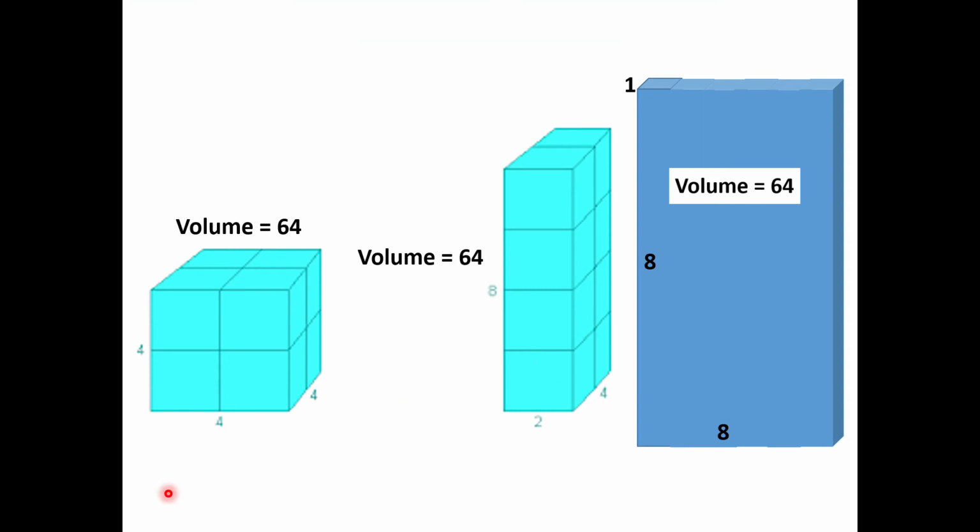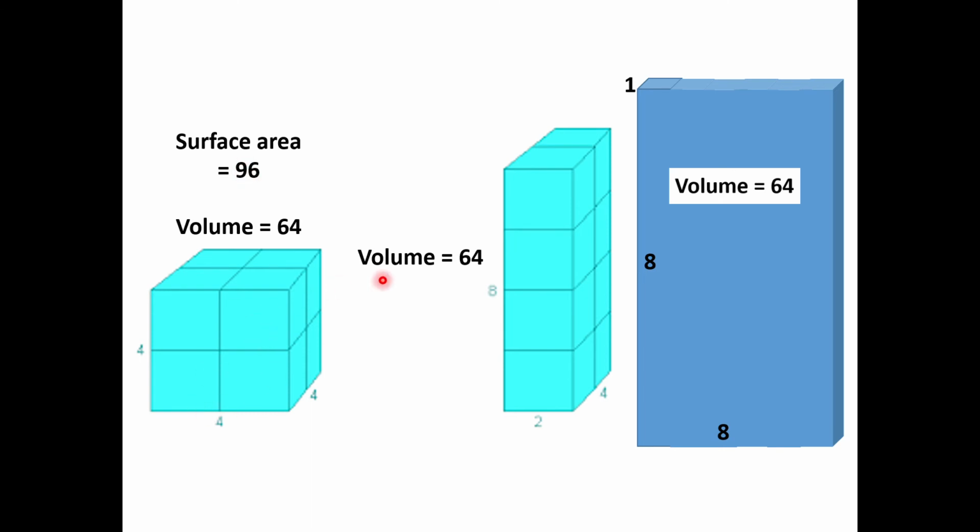So for example, I have three cells here. Notice that each one of these cells has the exact same volume. So the volume of the cube, the volume of this rectangular object, and the volume of this rectangular object are all 64. However, when I look at surface area, the surface area of this cube, length times width times 6, is